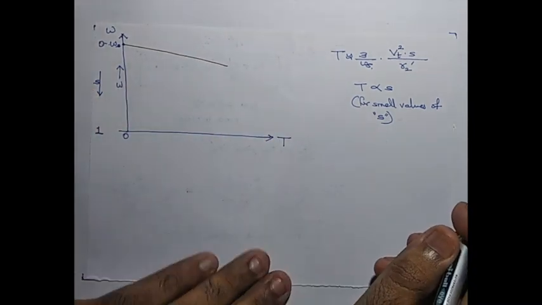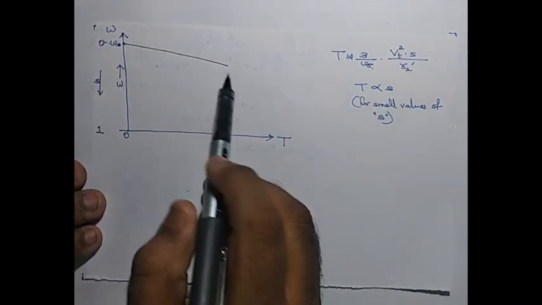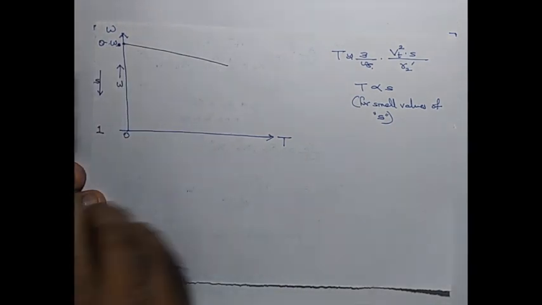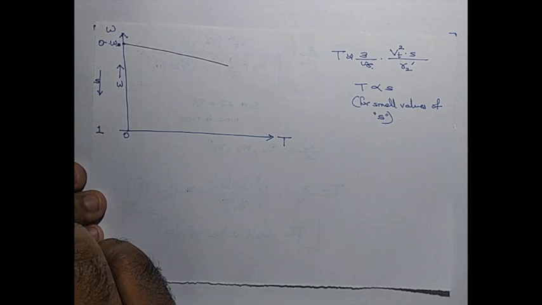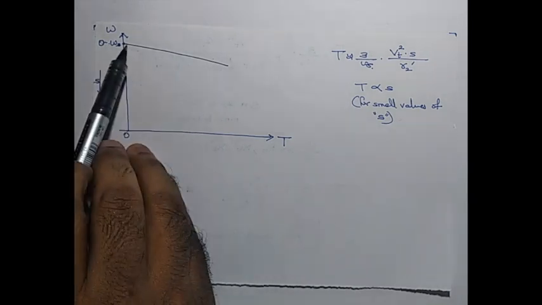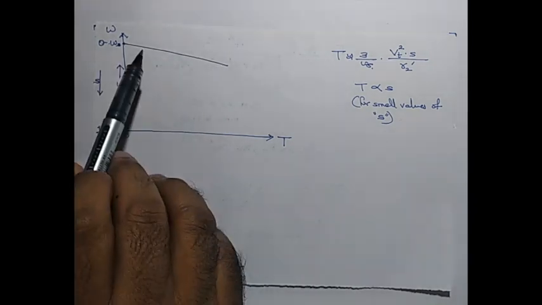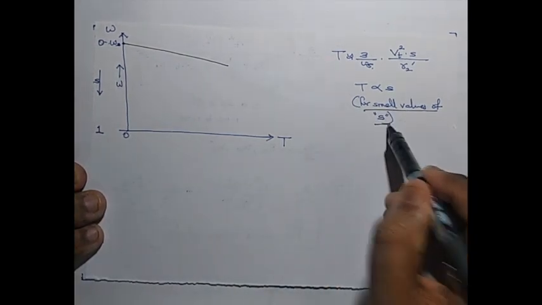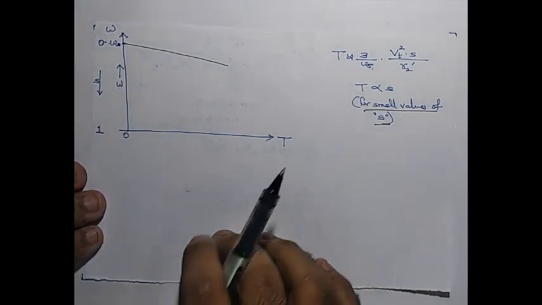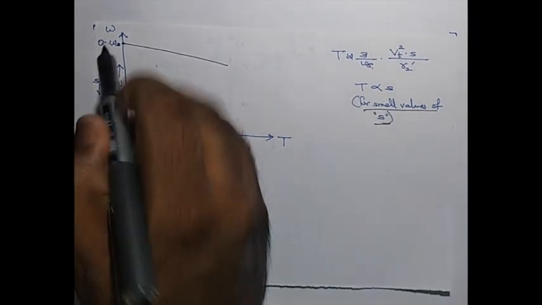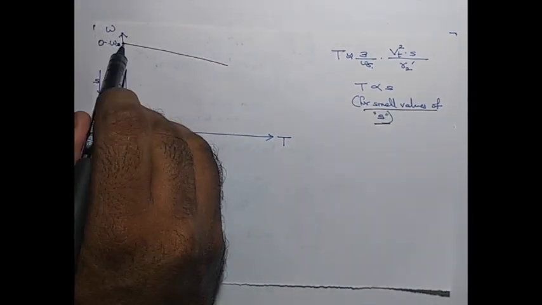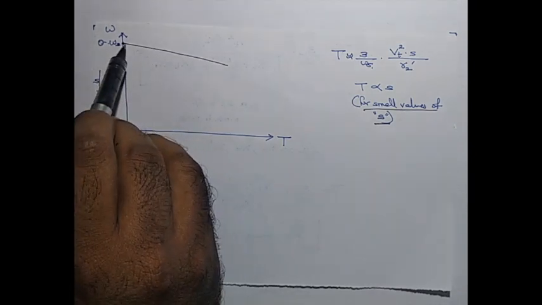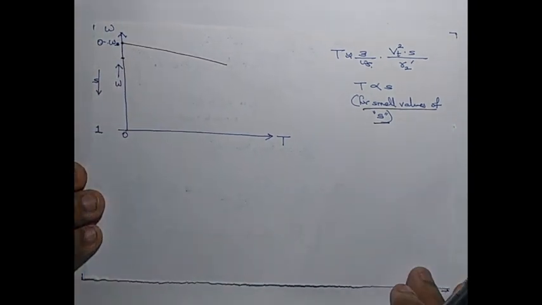Something like this. At least for some of you it would have struck that this is similar to that of a separately excited DC machine, which has a drooping characteristic. This is similar. Remember, we are talking about small values of slip. Now slip is increasing. It was 0 here. Now it has increased and reached some value here, which is still small. That's why the torque equation has the shape of a straight line.